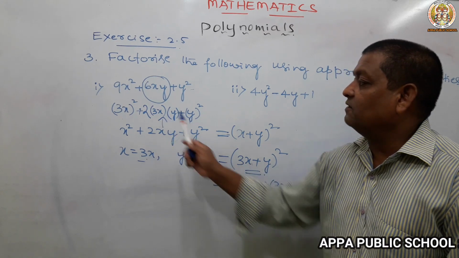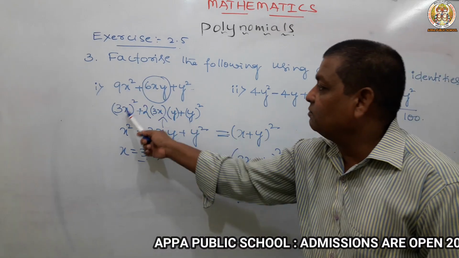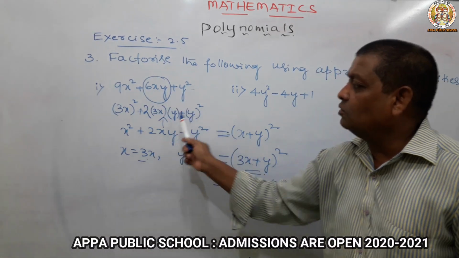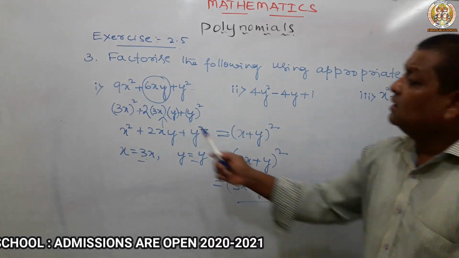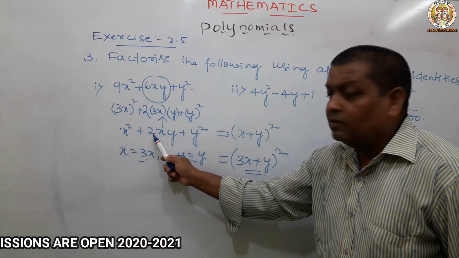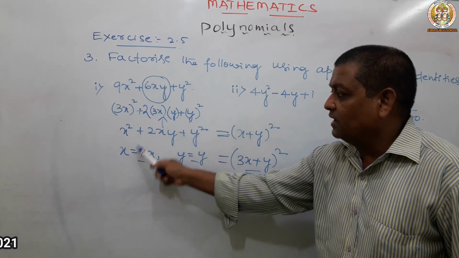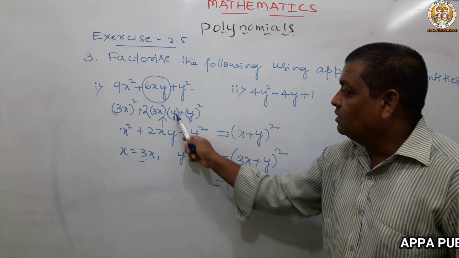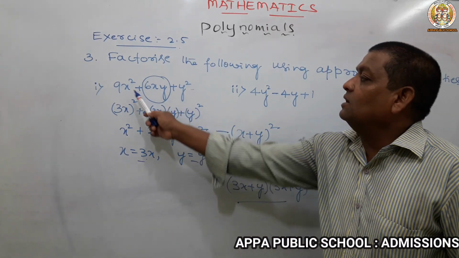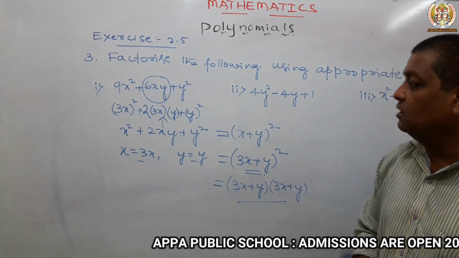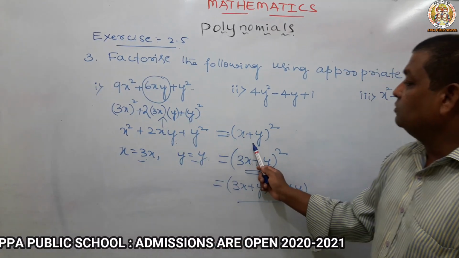Afterwards, fill up this place. Here students are confusing only here, so they are putting it in this place. Not all students, a few students are confused. Now, our formula is 2xy, 2 as it is. Already we know the x value is 3x and the y value is 1. So if you write it this way, automatically it will satisfy the question. Once it satisfies the question and the identity, we can use the answer.